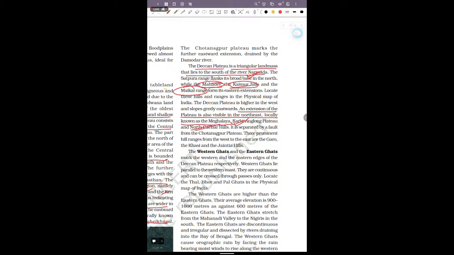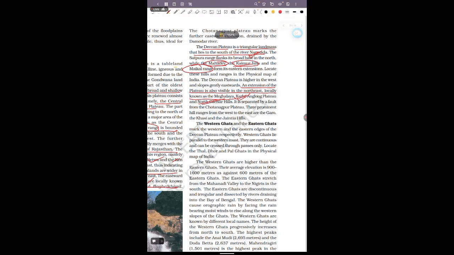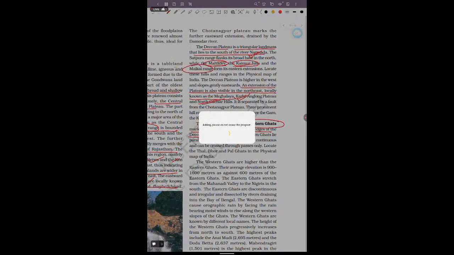and North Cachar hills. So in the Peninsular Plateau, the Western Ghats and Eastern Ghats are also present. If we talk about what the Western Ghats and the Eastern Ghats are, they mark the eastern and the western edges of the Deccan Plateau. So if you see what the Western Ghats and the Eastern Ghats are,